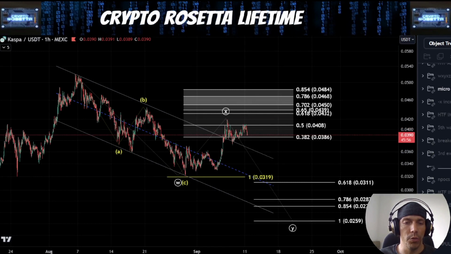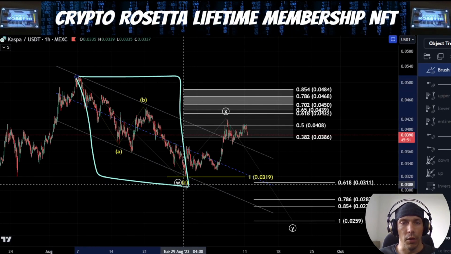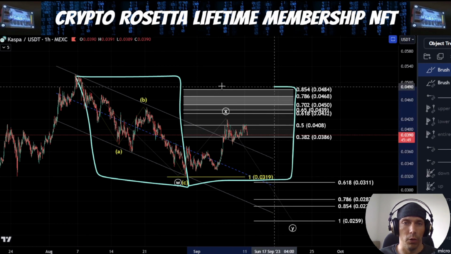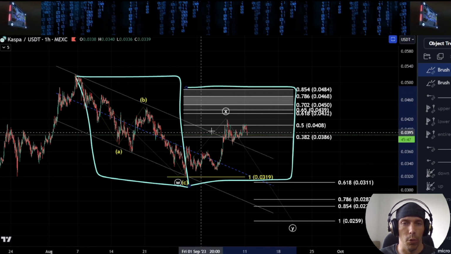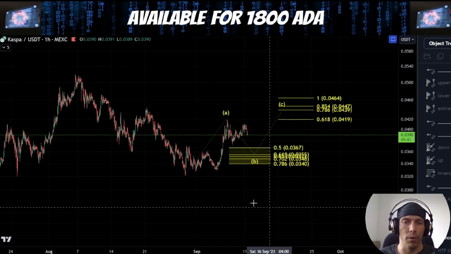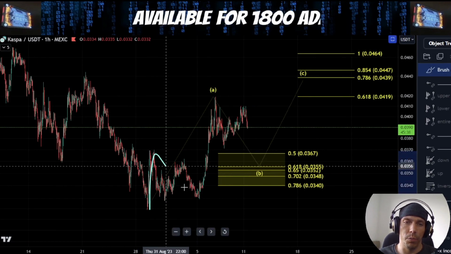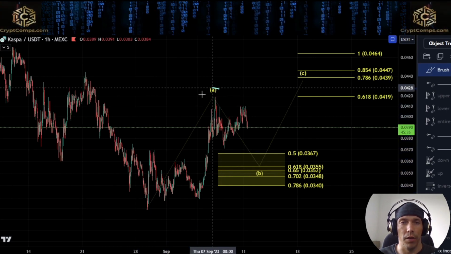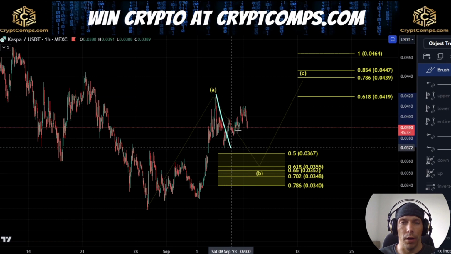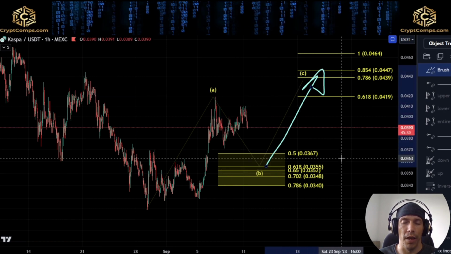Now, it is also possible that if this whole move over here is a W wave, that this X wave could still be ongoing and could need more time to actually play out. Now, if we're looking at something like that, what I would be looking for is effectively something to this effect, where this becomes just a 3-wave move to the upside here for this A wave. We get another 3-wave move to the downside, and then we see this C wave play to the upside.